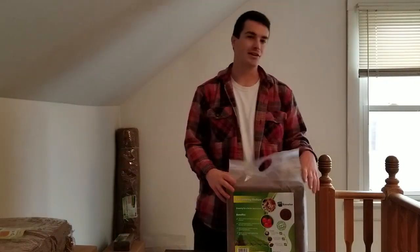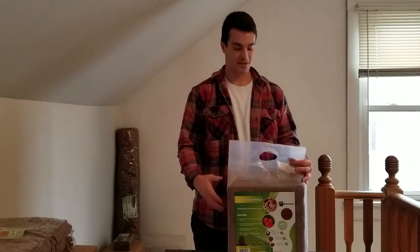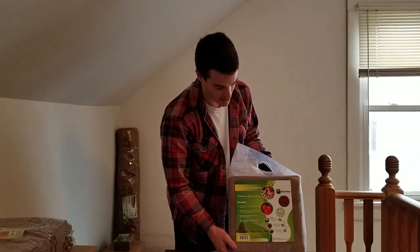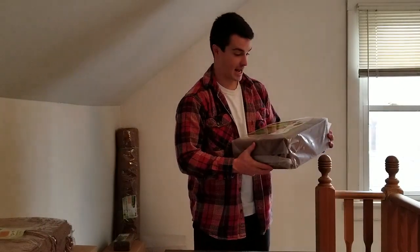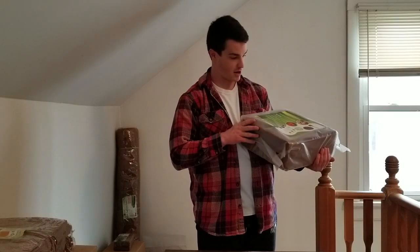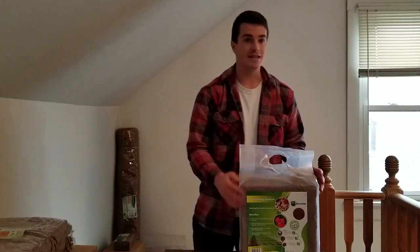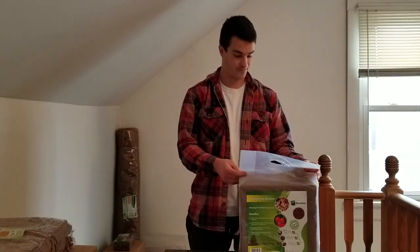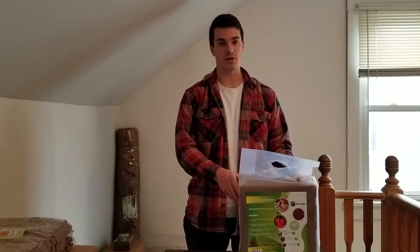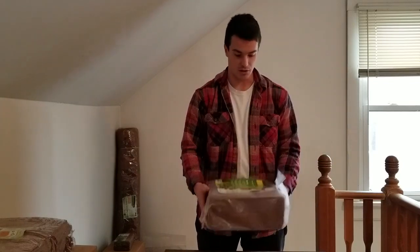I find that a little bit hard to believe. That's probably a little bit of an exaggeration. But I mean, I don't know, this one is actually a lot thicker than the other ones that we carry currently. So it could expand up to that much, but I would say at a minimum, I would be pretty confident with 25 gallons because we actually have a 5-gallon brick,